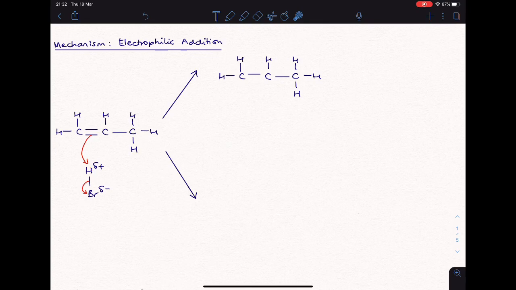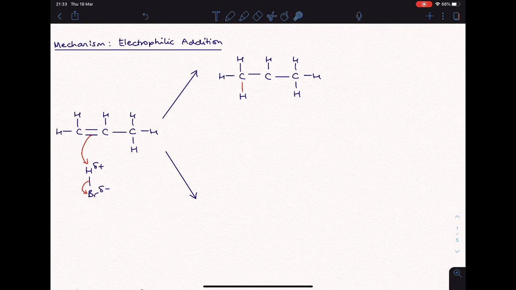Remember, the pair of electrons forming the pi bond moves from this space to the space between one of the carbons and one of the hydrogens. So there's a choice of two carbon atoms where the hydrogen can go. We could have the hydrogen going on this carbon here. So there's the pair of electrons that came from the